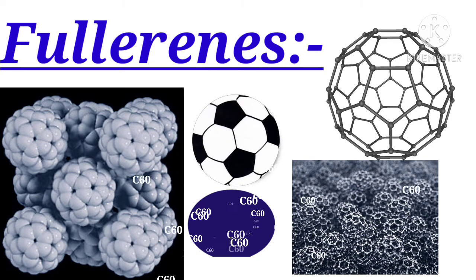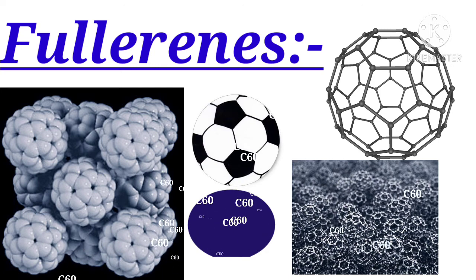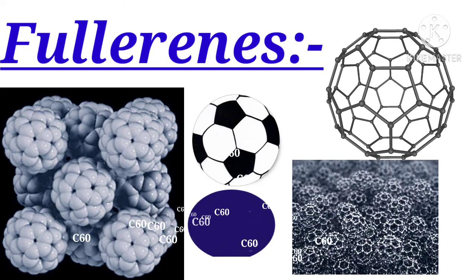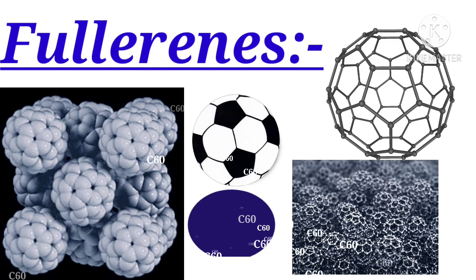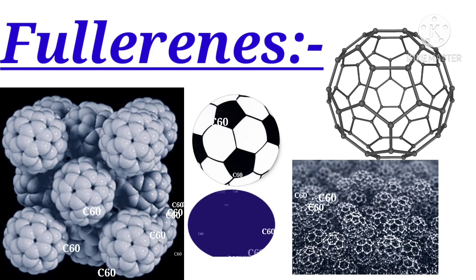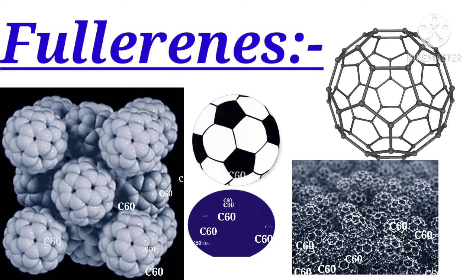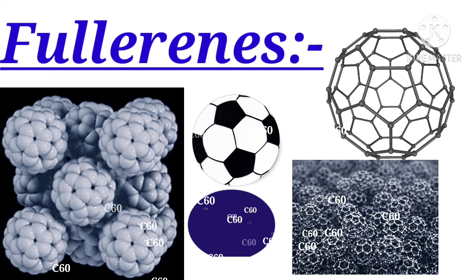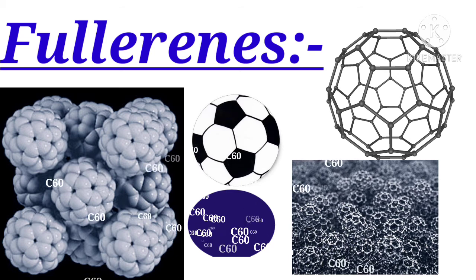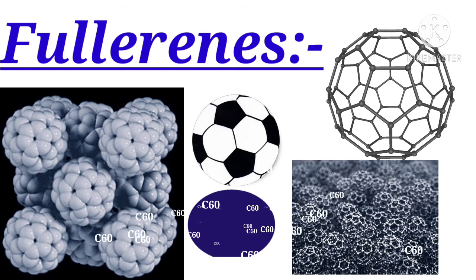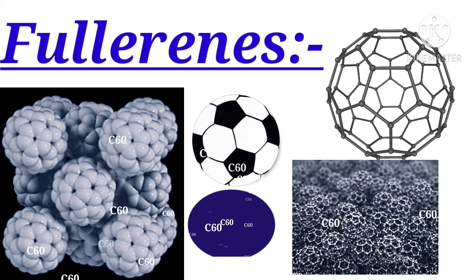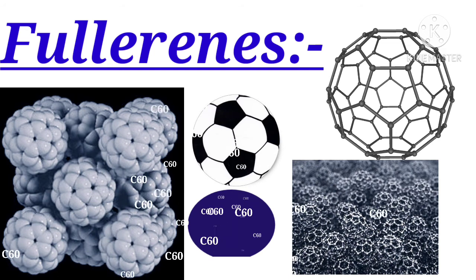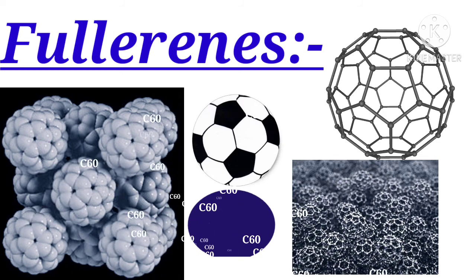The structure of C60 is similar to the surface of a football, which also has a set of interlocking hexagons and pentagons. Another molecule, C70, has been discovered. These are similar large carbon molecules, sometimes referred to as buckyballs. So these are fullerenes.